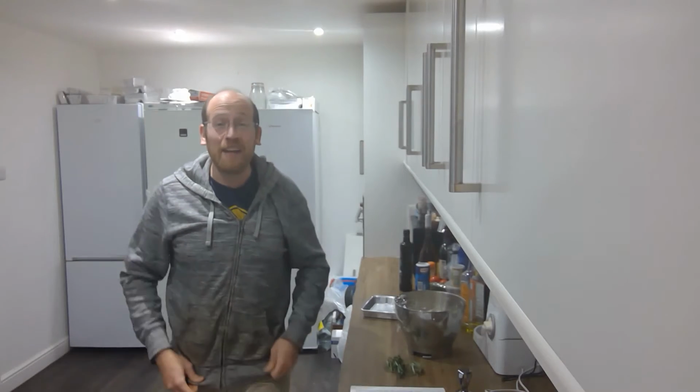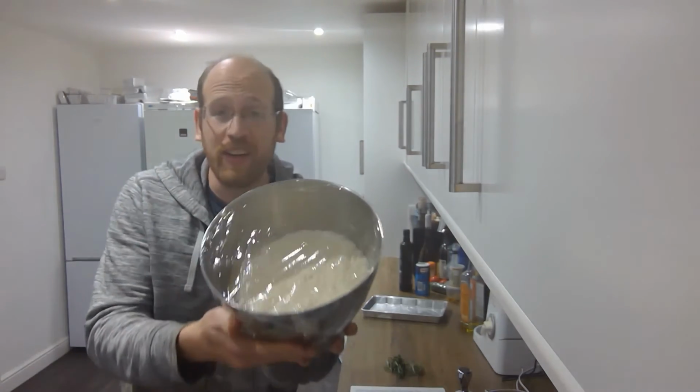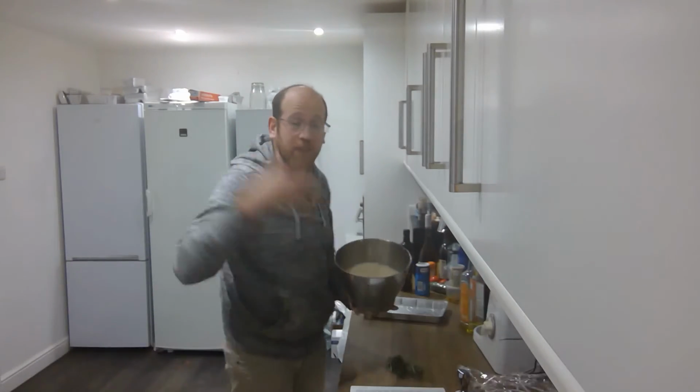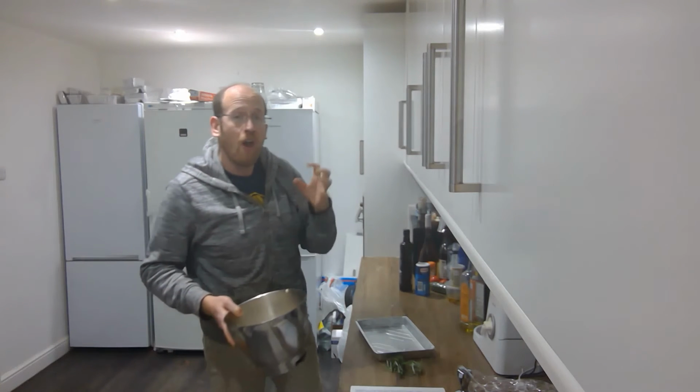So we are now getting ready to make the actual focaccia. The dough has risen. Look, it has risen by double at least. And now is the time to make it into a focaccia. For me to also tell you about this week's Torah portion, because this week is the Torah portion of Baalotach,